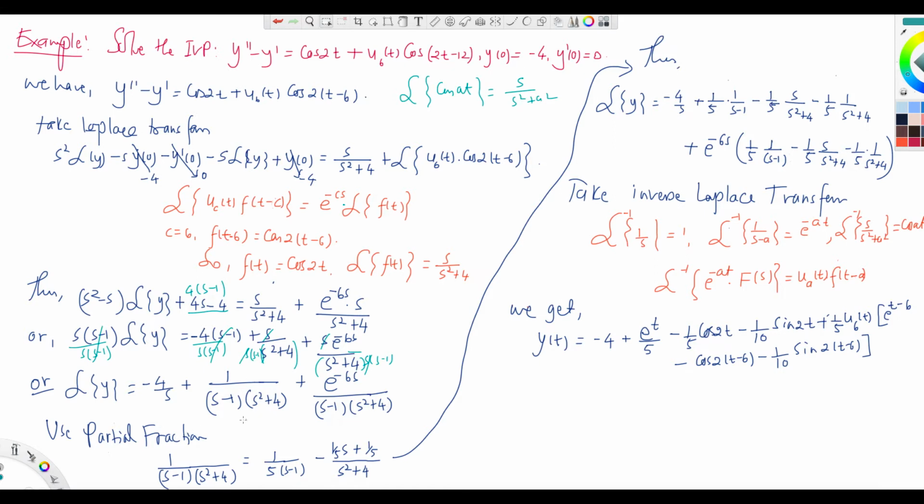Now we use partial fractions, because see here we have 1 over s minus 1 times s squared plus 4. If you take e to the negative 6s and write it down outside, okay? What I'm trying to do here is find the partial fraction of this term, okay? 1 over s minus 1 times s squared plus 4. So what do